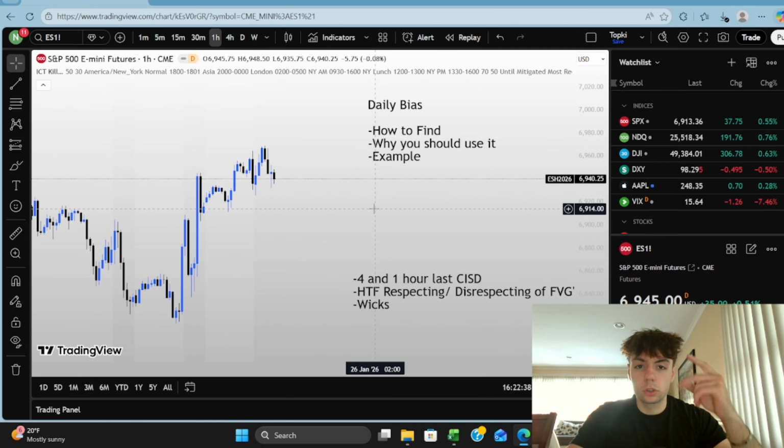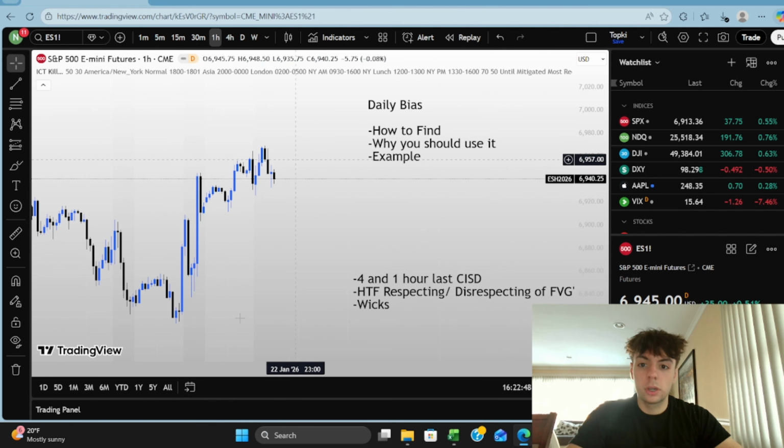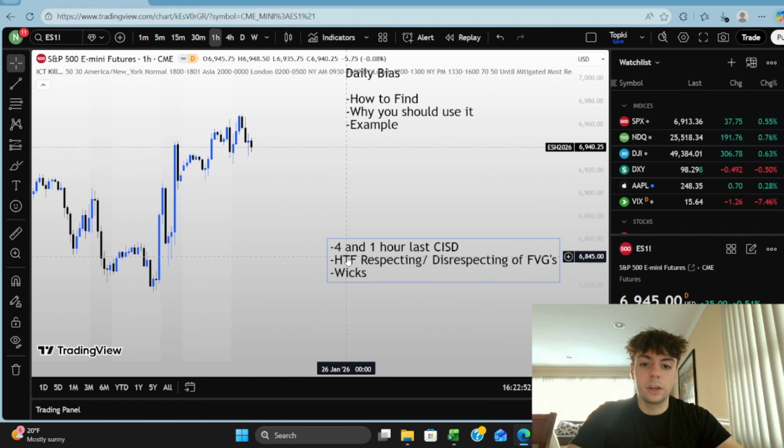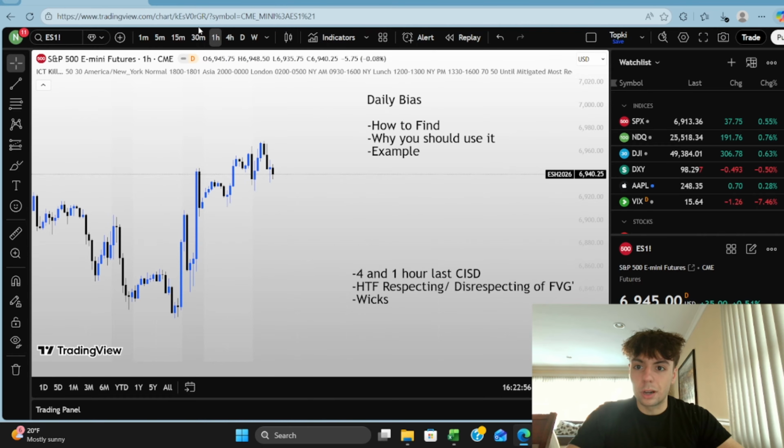So if the 4 hour is bullish and the 1 hour is bullish, then I will be bullish. If the 4 hour is bearish and the 1 hour is bearish, then I'm going to be bearish. Let's say, however, they're contradicting. Let's say the 4 hour is bullish and the 1 hour is bearish. Then I would go to see what the higher time frame respecting or disrespecting of fair value gaps is. So I start off with the 30-minute,